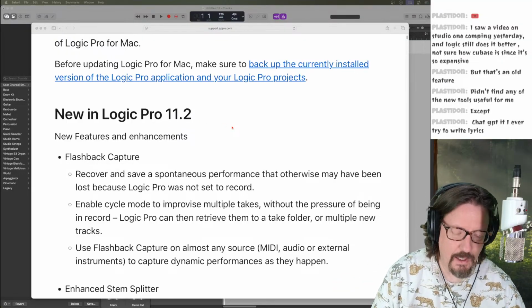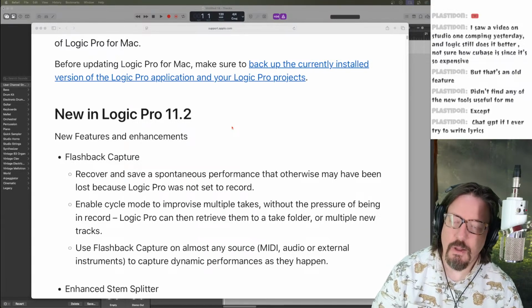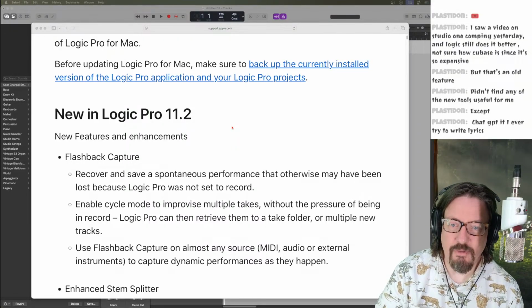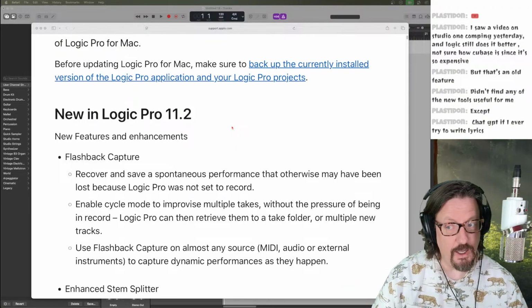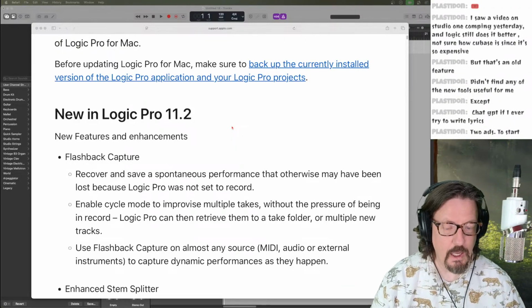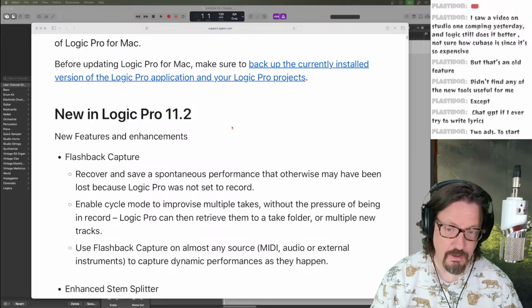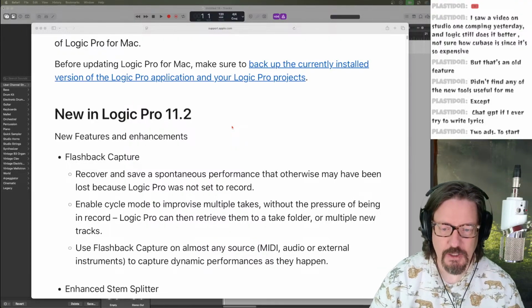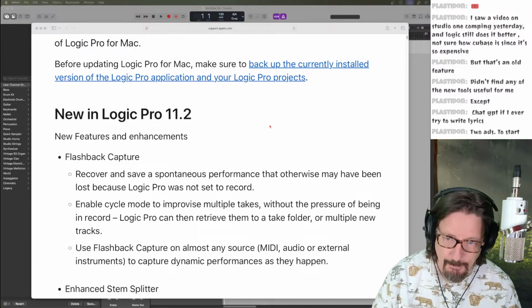11.2, this update from Apple for Logic and a new iPad version as well. We've been waiting about 6 months since 11.1 came out, and there's a ton of stuff in the release notes. We're going to go through them. I would say the majority of things are efficiency changes. They're making it better. We got a few new bigger features we talked about in the morning stream. We will go over those a little bit just to recap, but